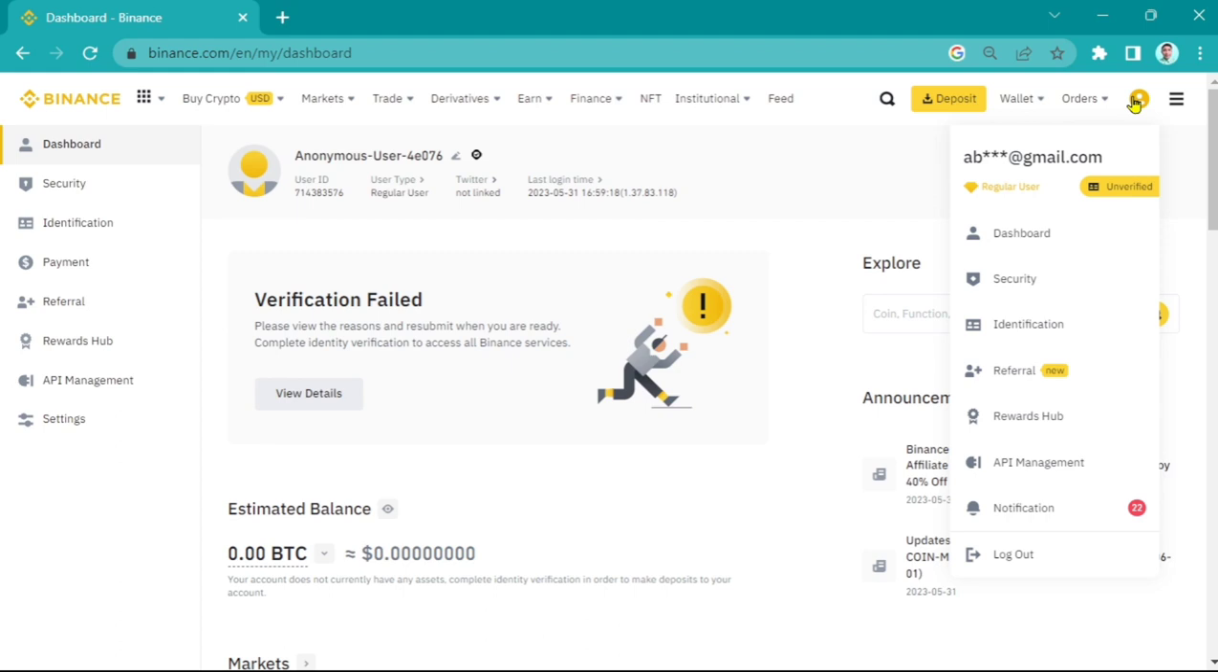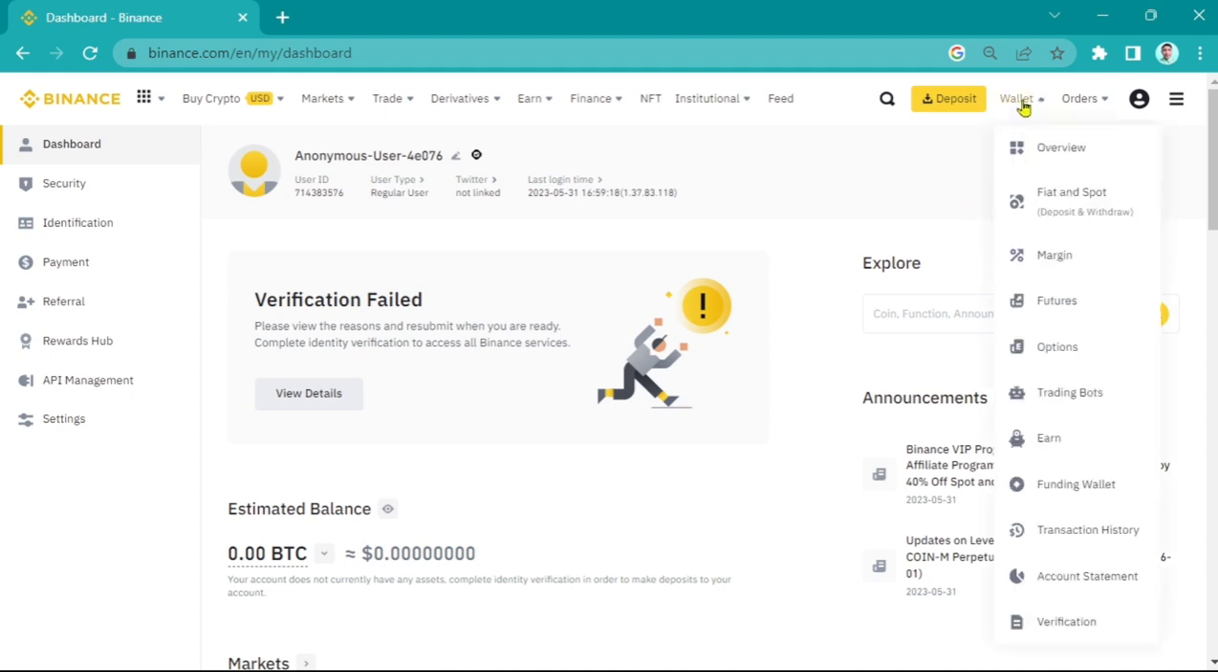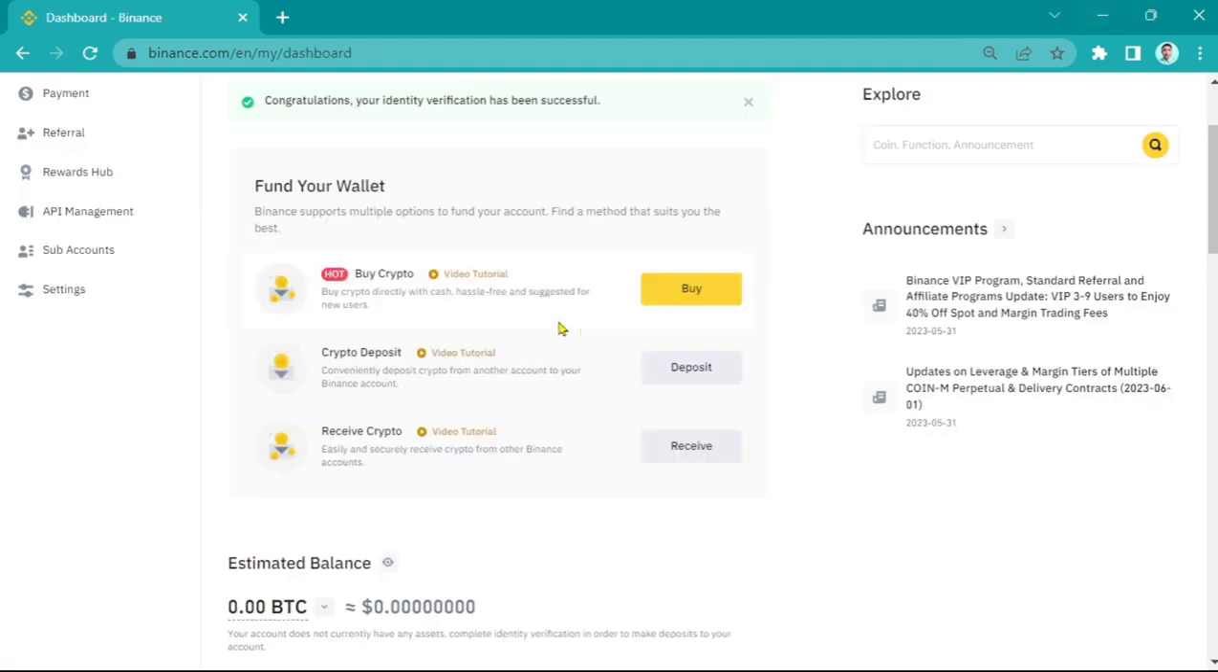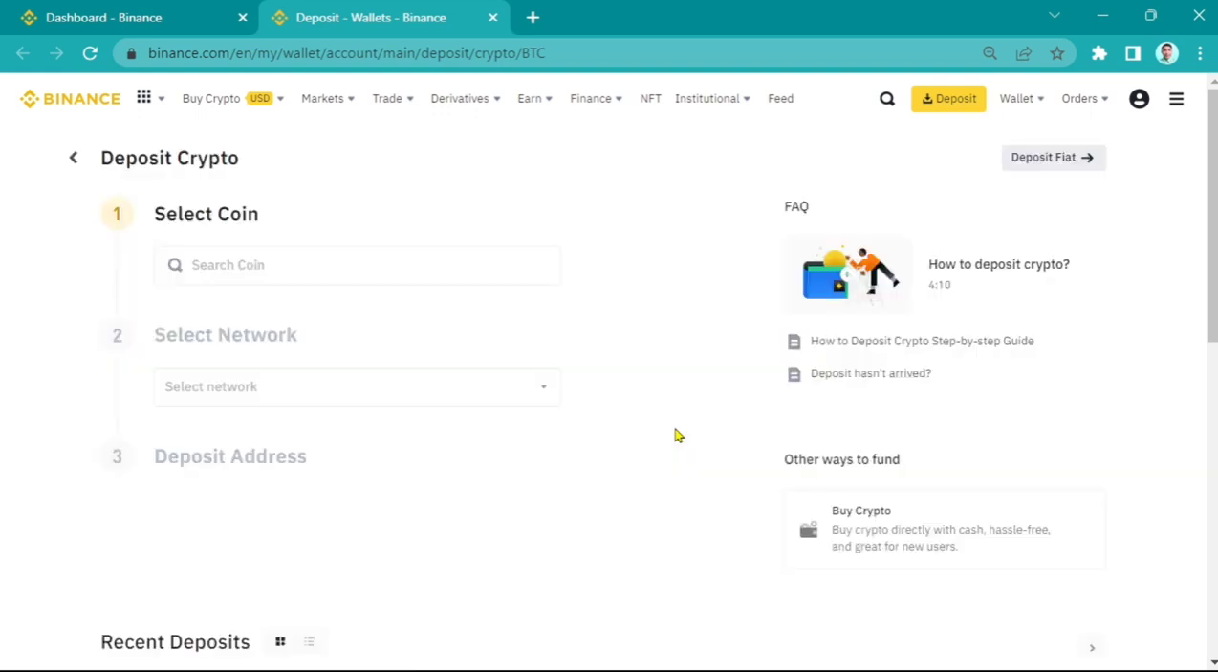Then to get your wallet address, you can go right here on wallet option right there at the top right of your screen beside that deposit. You can go and then click this overview right here, the first option, and then right here you will find this crypto deposits. You just click that one and wait for a few seconds,